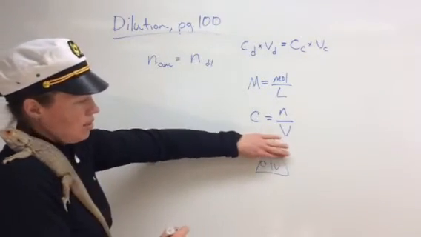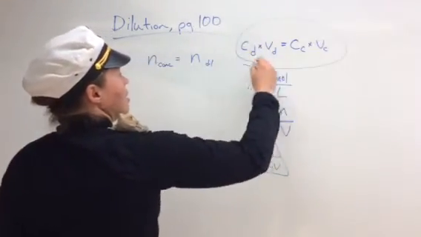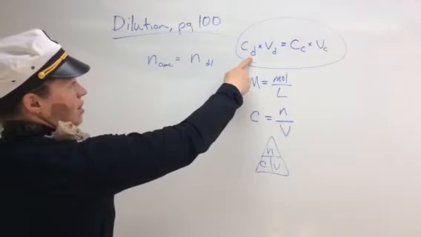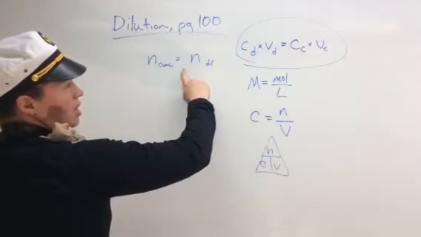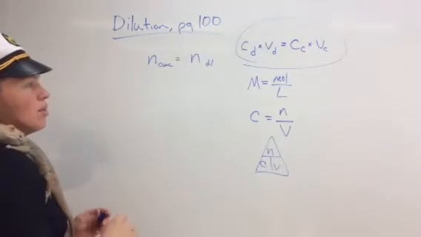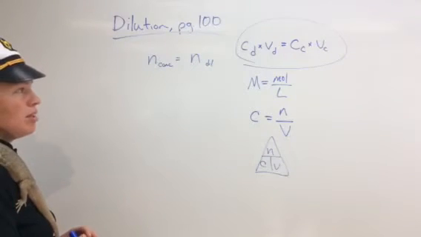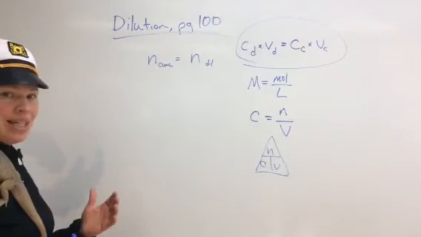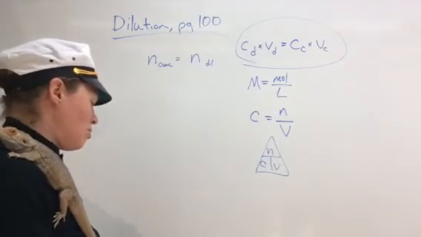So N is equal to C times V. So that's where they get this. They say, okay, the diluted concentration times volume gives me the number of moles. Concentration times volume gives me the number of moles. So they use this little simplified formula because what they want to do is manipulate it for whatever they're asking for. So in the example on page 101,